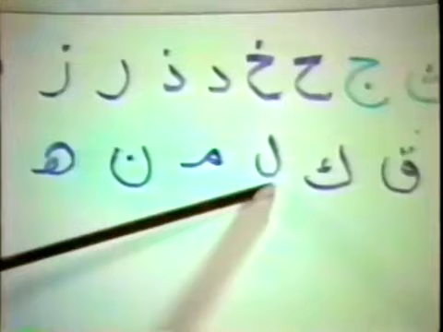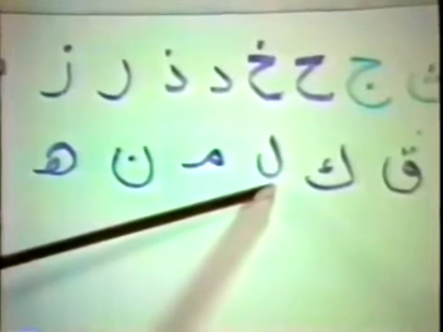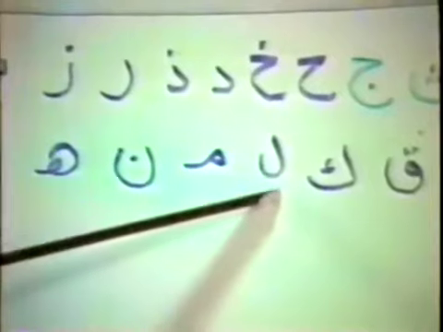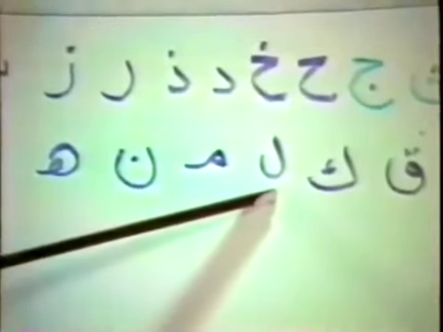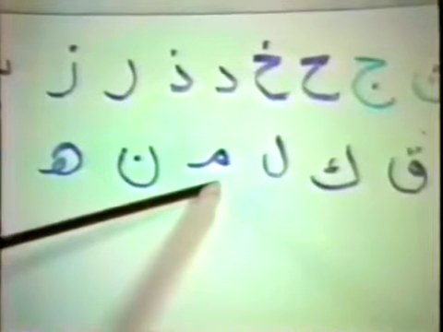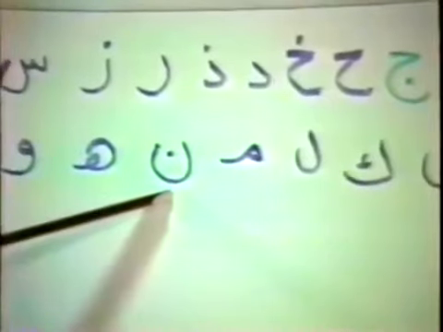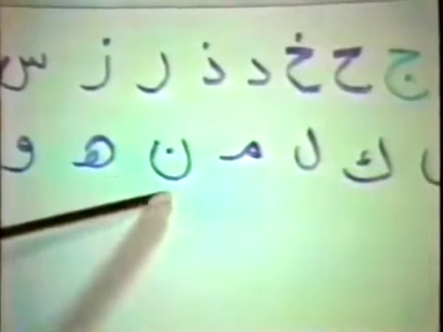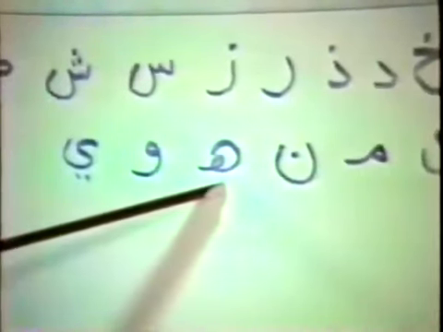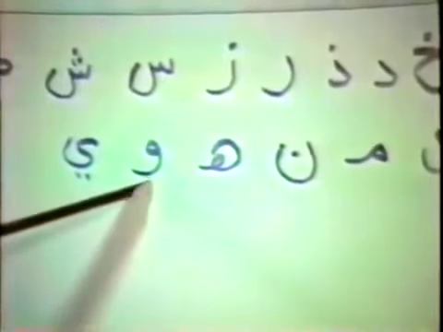Next is the letter Lam. You know, like the animal, the young sheep, lamb. The name of the letter is Lam, but it represents the English letter L. And this is Mim, represented by M as in Mary. This is Noon. The English equivalent is N as in Nancy. This is Ha, represented by the letter H in English, as in Harry. This is Waw, which is equivalent to the English W, Wow. And this is the last letter, Ya, equivalent to the letter Y in English.